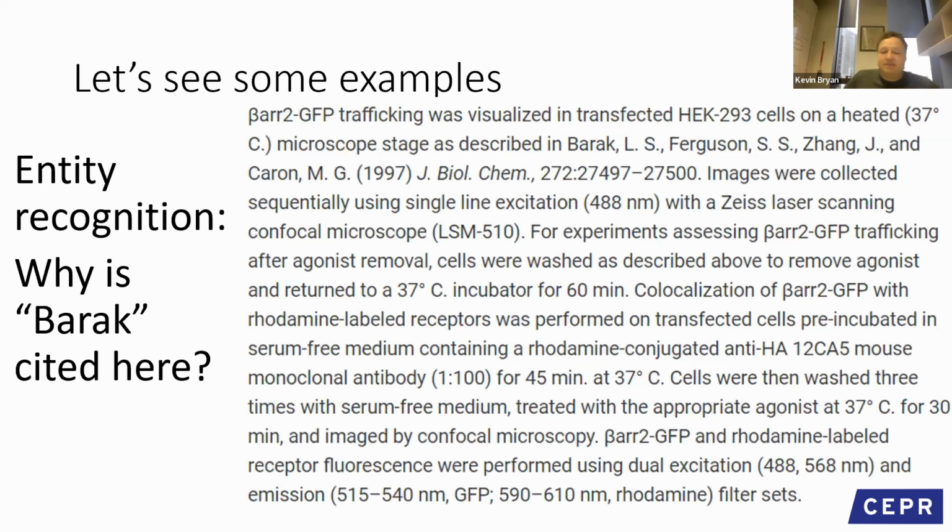So some examples. This is from a paper of mine. I'm using patent data here. Essentially the problem I'm trying to solve is that I would like to know why this inventor has drawn on a particular piece of evidence. So let's focus right here at the top. You see this quote to this paper by Barak et al. in Journal of Biological Chemistry: beta AR2 GFP trafficking was visualized in transfected cells on a heated microscope stage as described in Barak et al. Images were collected sequentially, ...